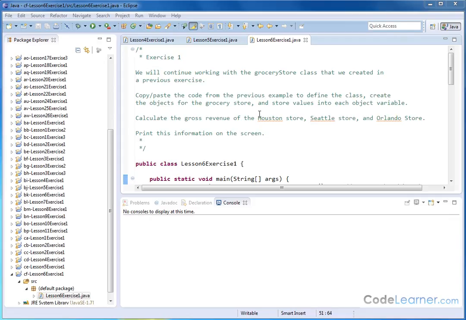Hello, welcome to this lesson, which will be lesson 6, exercise 1 of Mastering Java. Here, we're going to do a calculation with the variables that we're using in our objects. And so here we're going to be continuing to work with the grocery store class that we created in a previous exercise. So first, copy and paste the code from a previous example that defines the class, creating the objects